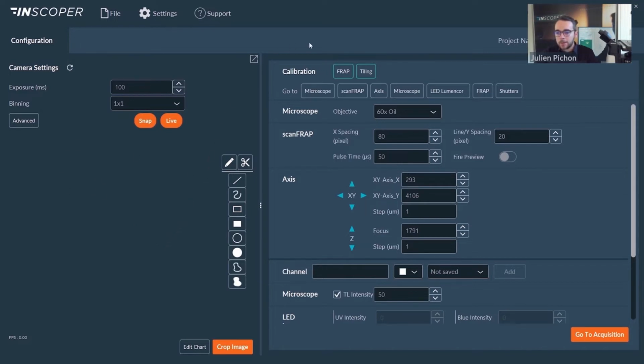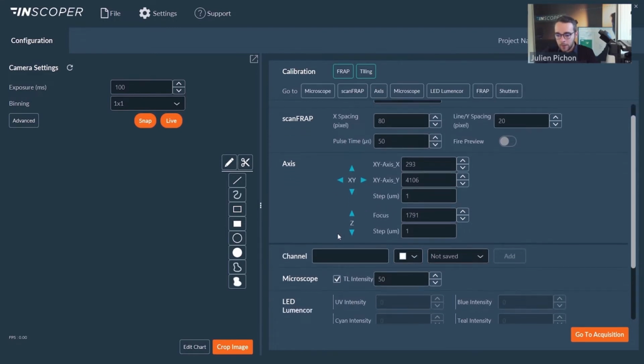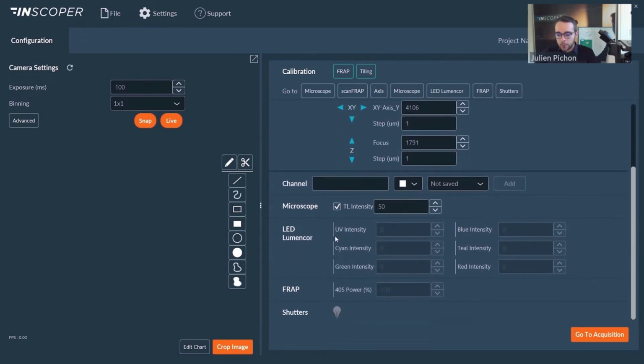And in the right part of the window, we have access to all motorized elements of the system. So for example, we can move objectives, we can also move the stage and the focus with these virtual joysticks. And we also have access to all settings of our light source. So here we have a Lumencor light source, and we can select some channel individually. So we can make it manually, or when we made it once, we can save these settings, and here we can